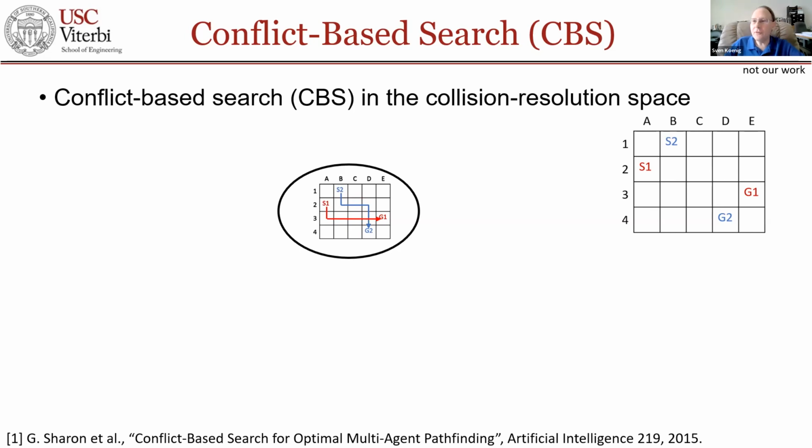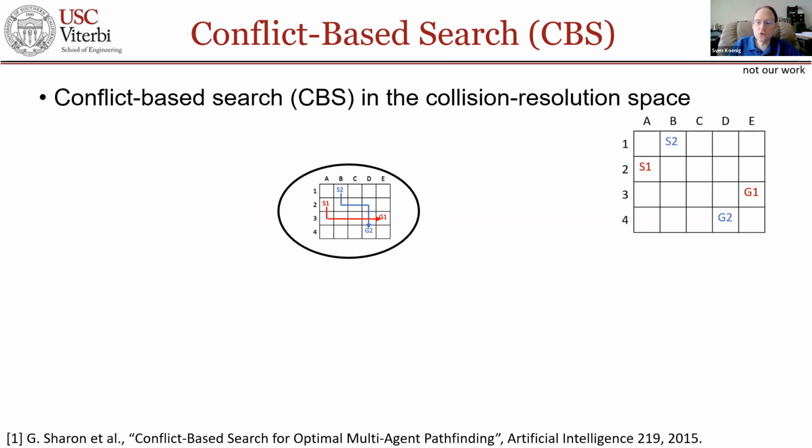Now, if these 2 paths don't collide, then we have a flow time optimal MAPF plan. We can just return it and we are done. But of course, here, unfortunately, both agents want to be in D3 at time step 4. So we do have a collision, and we need to resolve this collision. So how do we resolve the collision? Well, we just do it by splitting this